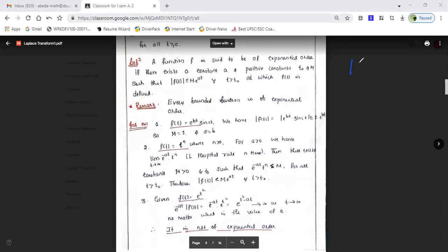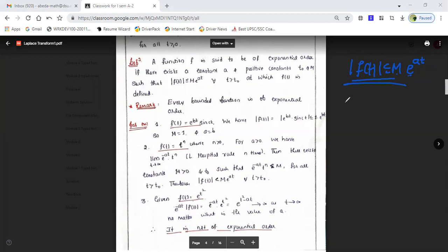So I showed you in the beginning, if f of t is less than or equal to M, it is bounded. With M, if you have some exponential function, like f of t less than or equal to M into e to the power at, if this is also happening, then we call it exponential order. Then why are you learning all this? Because not every function has a Laplace transform. So what are the conditions for the Laplace transform? In order to understand that, we are studying these particular definitions.